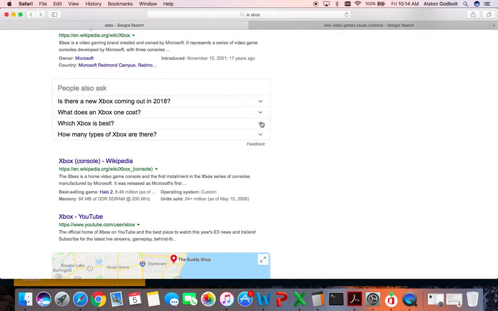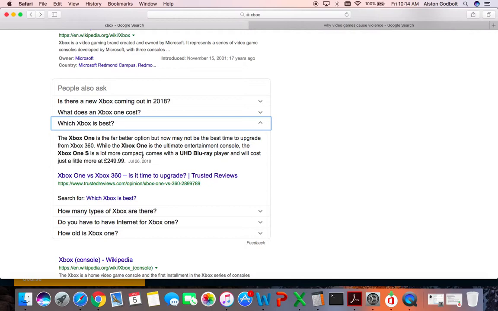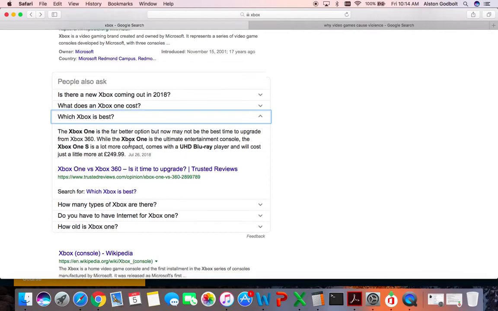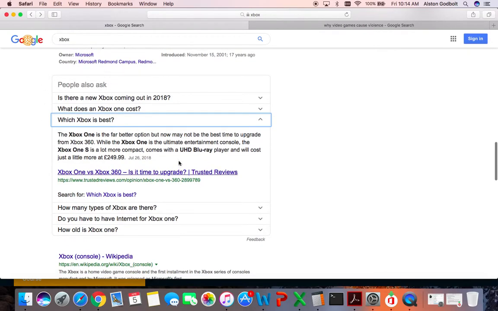In addition, which Xbox is best? I'm not sure people are writing on that anymore. But when you click this drop down, it does give you more options. And you probably could actually write on which Xbox is best, because you could do a comparison about how it changed video gaming, or its impact on video gaming and even entertainment in general. But I digress. So you could do, or what I like to do is I like to do the people